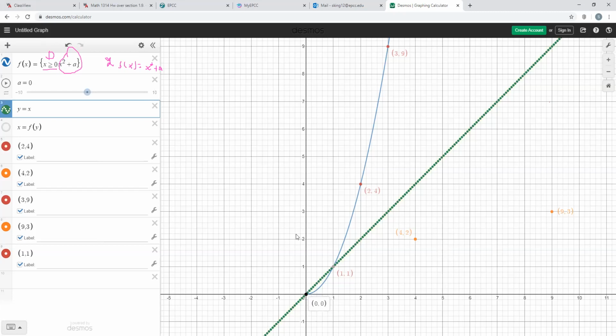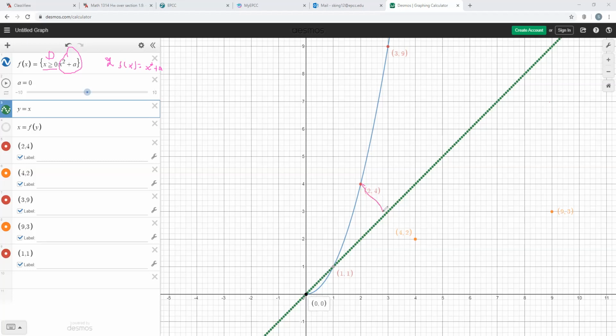But if we look here, I'm going to attempt to draw a line from this point on f to this point on the inverse. And if we connect a line, and forgive me if I don't draw this very well,